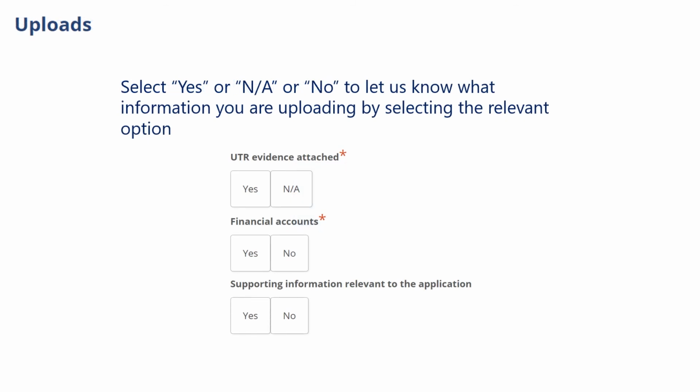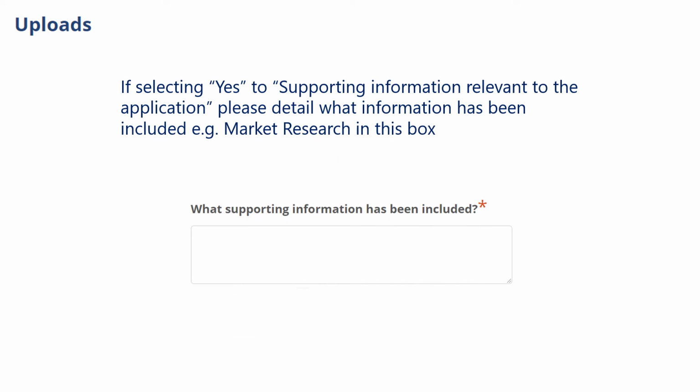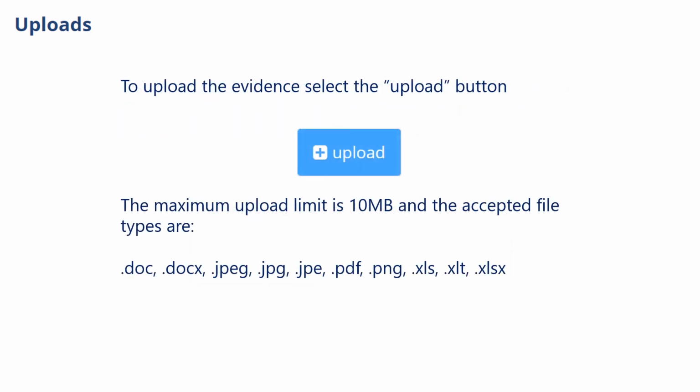Select Yes or N/A or No to let us know what information you are uploading, by selecting the relevant option. If selecting Yes to supporting information relevant to the application, please detail what information has been included, e.g. market research, in this box. To upload the evidence, select the Upload button. The maximum upload limit is 10 megabytes, and the accepted file types are .doc, .docx, JPEG, .jpg, .jpeg, .pdf, .png,